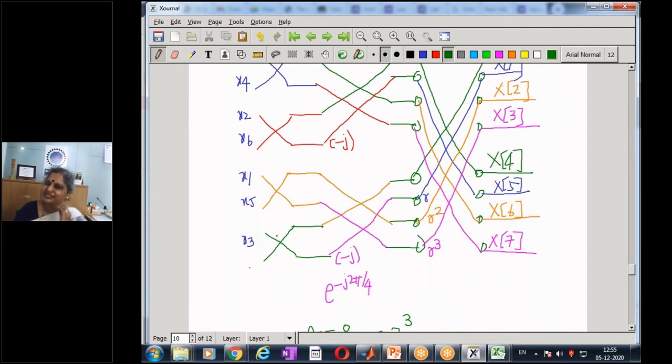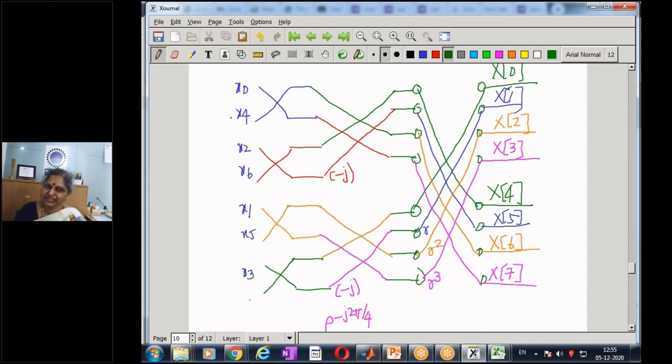So how is my input given, and how many multiplications? If you see here in stage 1, there is no multiplication at all. It is only x0 plus x4 or x0 minus x4. It's only addition and subtraction. There are absolutely no multiplications in stage 1. In the second stage, we have 4 multiplications, because twice I'll be multiplying by -j, and here.